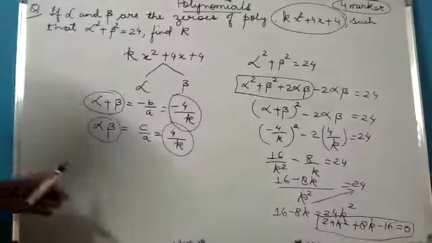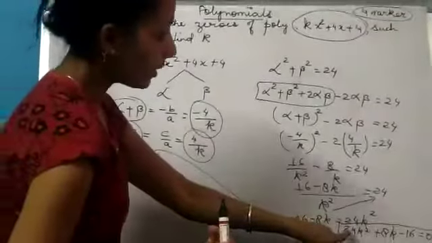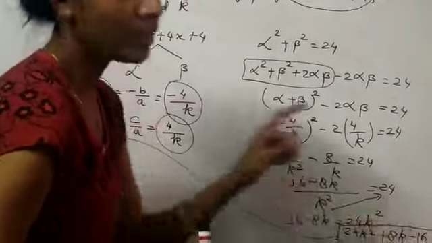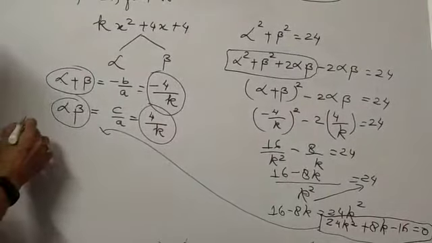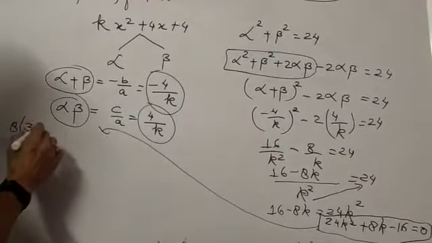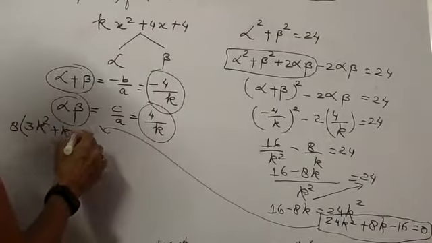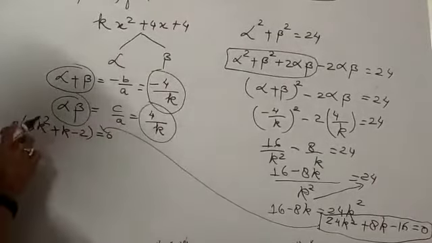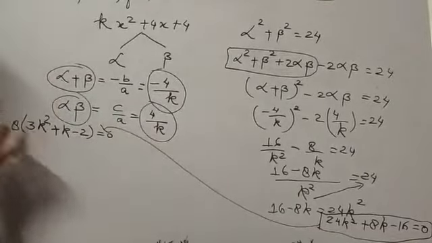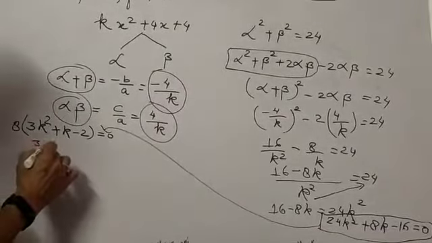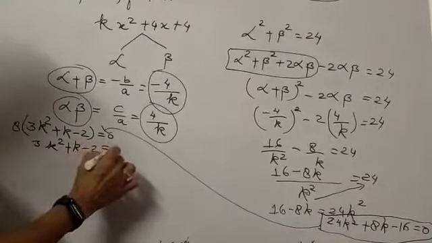Now solving it further, I can solve it here. Here 24, 8 and 16. These all are coming in 8 times table. So I am taking 8 common out of it and I am reducing it to simpler form. So this is 3k square plus k minus 2 equal to 0. This 8 can be taken down. 0 by 8 will be 0. So this 8 can be removed. So I am just left with 3k square plus k minus 2 equal to 0.